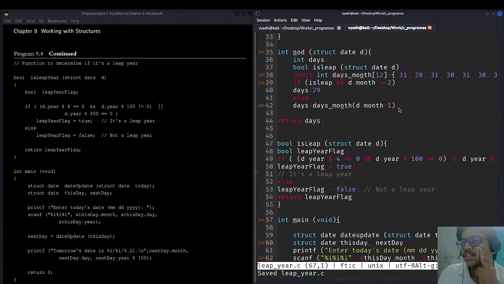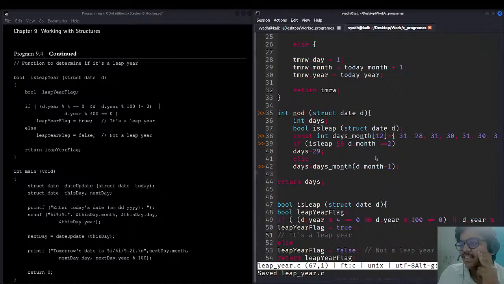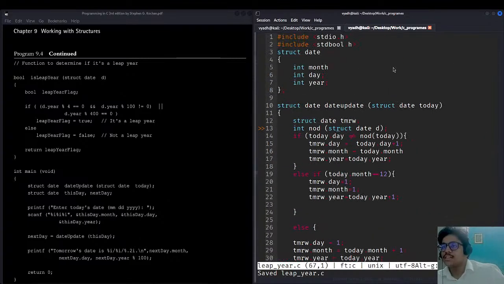इसका एरर रिजॉल्व करते हैं। डे डॉट मंथ यहाँ पे दिक्कत है, इसमें प्रोग्राम में दिक्कत ही दिक्कत है। सबसे पहला, इंट नोड स्ट्रक्टेड डी, डी मैंने कहीं डिफाइन नहीं किया।